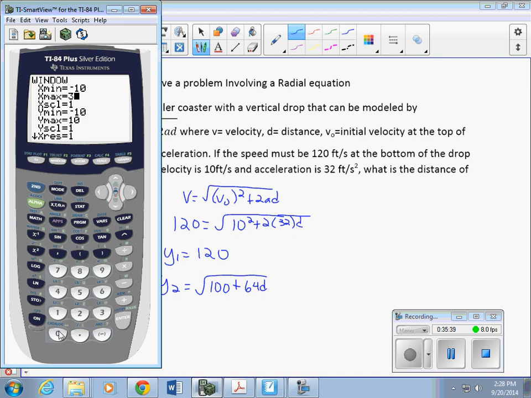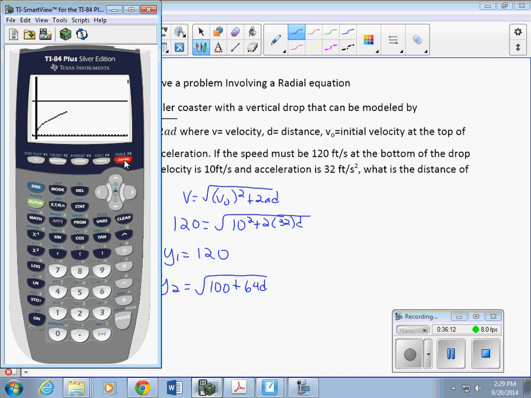So I'm going to go to 300 on here. We'll go up by tens. Same thing, you're not going to have a negative distance, but we'll leave it at negative 10. And let's put this one to, let's say 200, just as a guess. And let's go up by tens. So if I graph it,